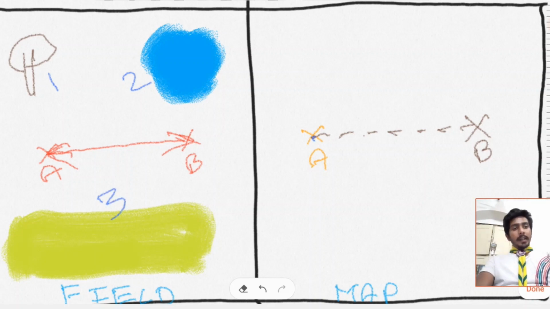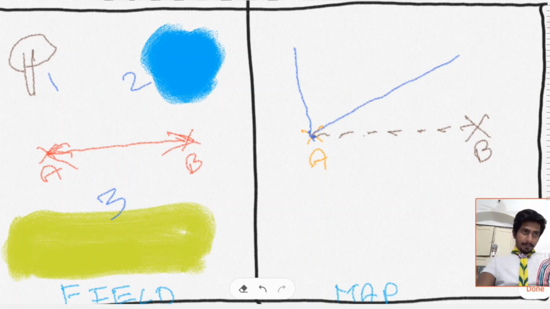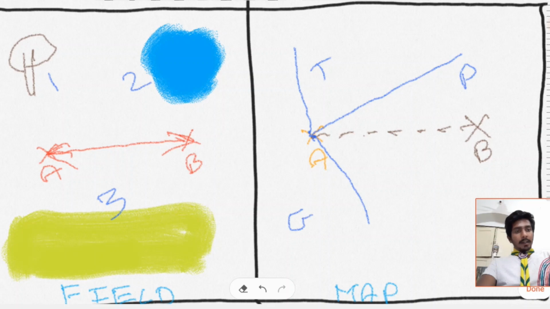From point A, with the help of an alidade, I draw a straight line to the tree, and similarly, I draw a straight line to the pond and a line to the grassland or the farm here. So now we have 3 lines indicating the direction to the tree, the pond and the garden.